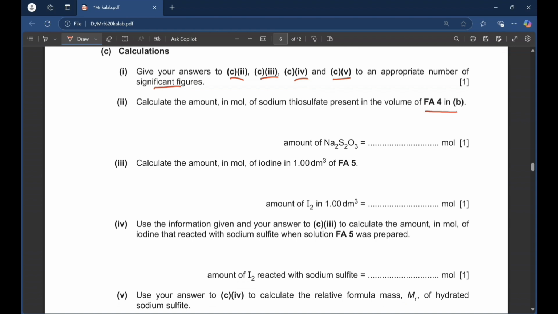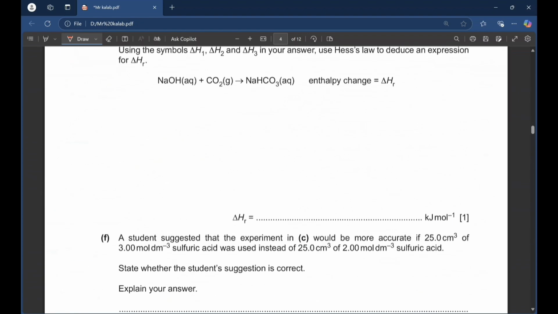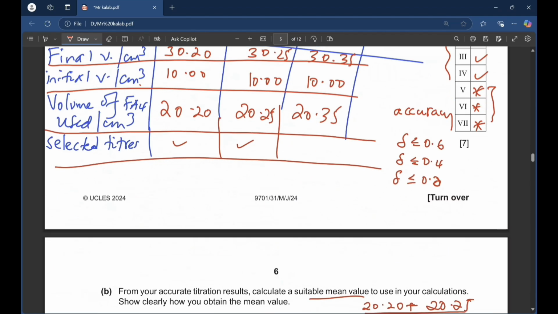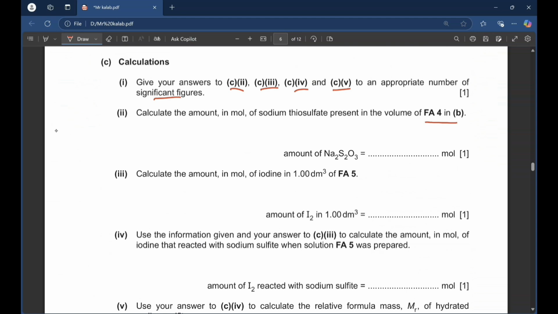So how do we calculate moles? How do we calculate moles? We have mass of sodium thiosulfate, which is given as 14.24 grams. So we're going to use this mass. Do you guys remember this? Mole is equal to mass over molar mass. So we can do molar mass of sodium thiosulfate and then calculate the mole. Okay. So this would be 14.24 divided by the molar mass of sodium thiosulfate, which is